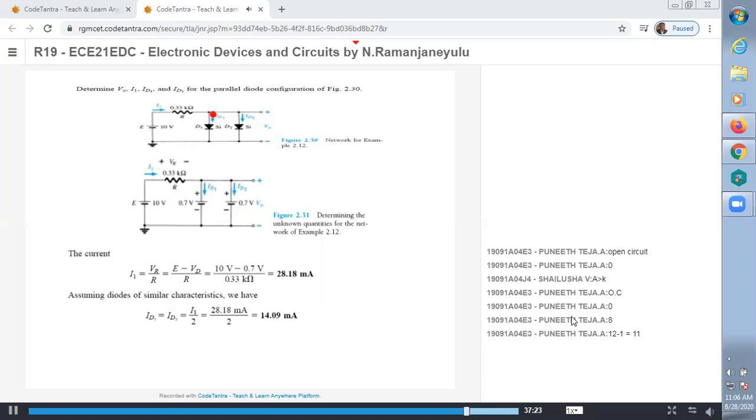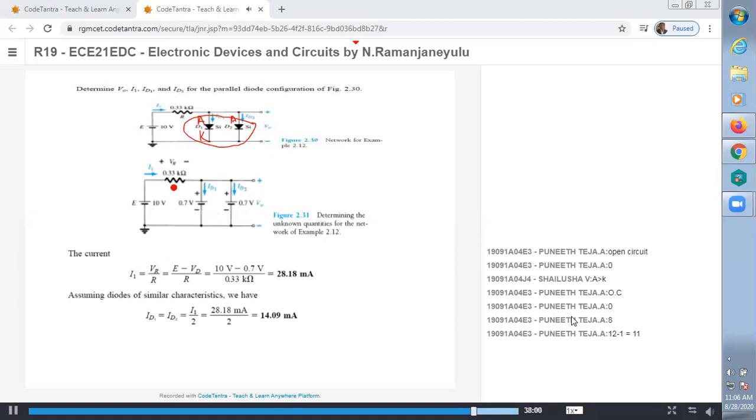Okay. What is the status of diode D1? Here what is the positive terminal? This is the A. Both are connected at the same node. So the same node A is connected to 10 volt, and both the K's are connected to 0 volt. So both diodes are in forward bias. When both diodes are forward biased, replace them with the equivalent model of 0.7 and 0.7. Then find out the current flowing here. What is this? It is the I1 current, right?